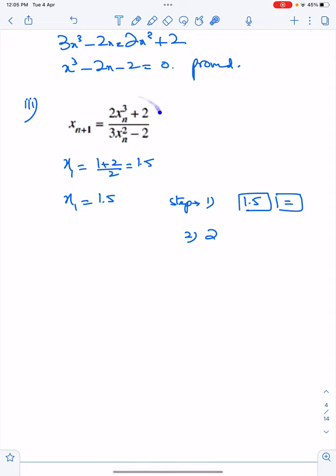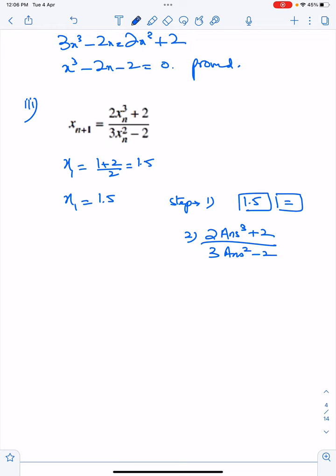Step number 2, you take this part, and in place of every x you have to write answer: 2 answer cube plus 2 divided by 3 answer square minus 2. So I'm writing this in the calculator. Firstly I'm writing down the fraction, putting the fraction in the top. On the top I'm going to write 2 answer